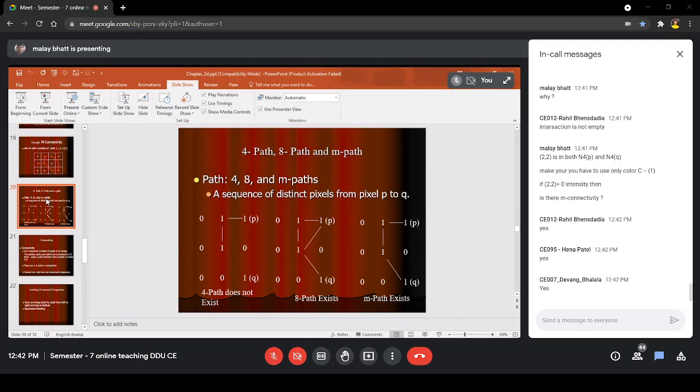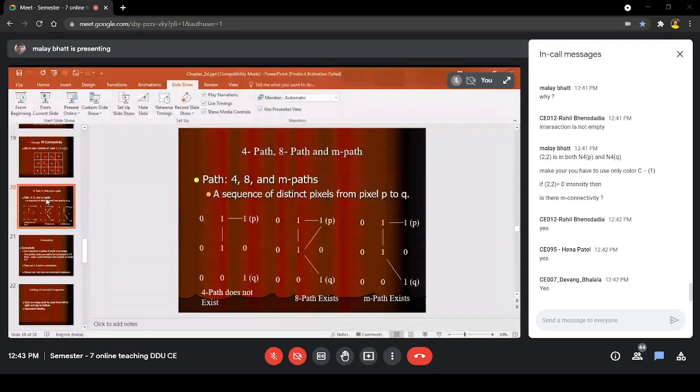Based on this connectivity, we can define the terms 4 path, 8 path, and M path. Between P and Q, there is no 4 path, because using a 4 neighborhood, you cannot reach from P to Q. There is an 8 path, because using 8 connectivity you can reach from P to Q. Similarly, you can reach from P to Q using M connectivity, because there exists an M path.